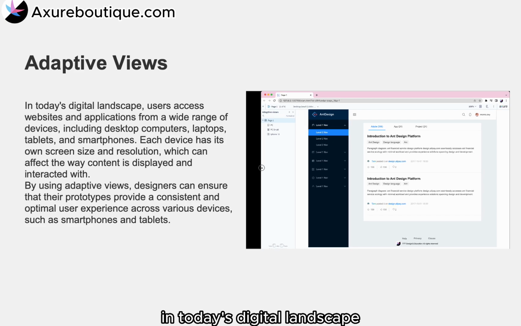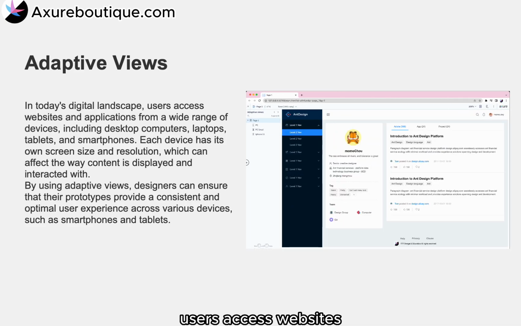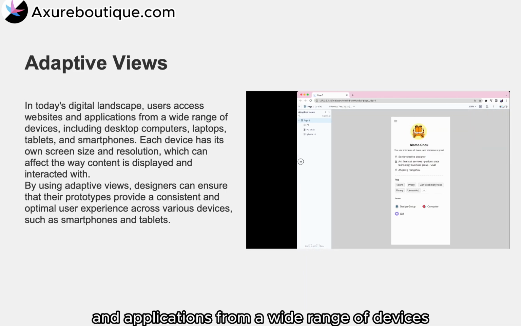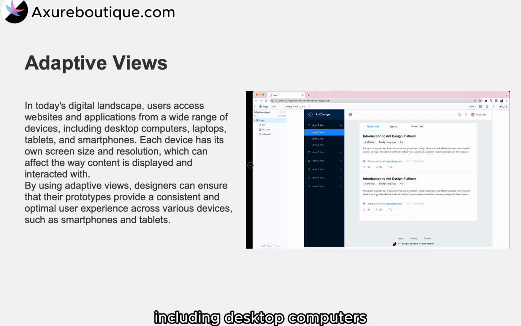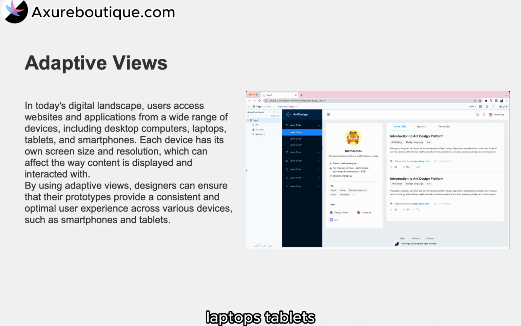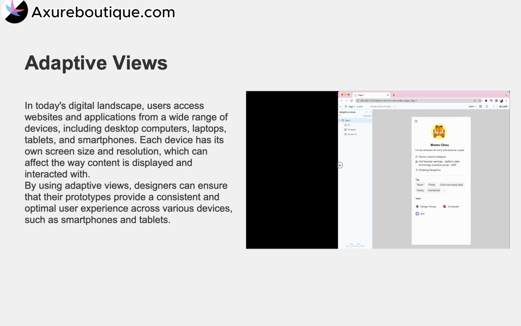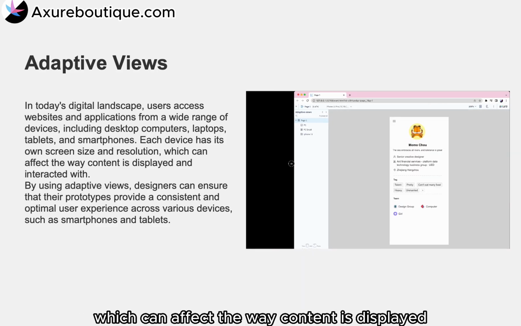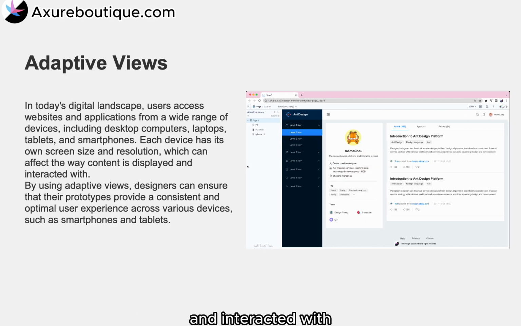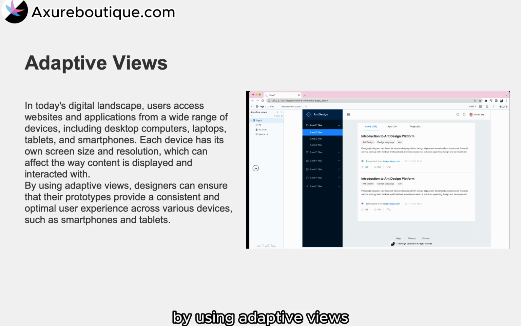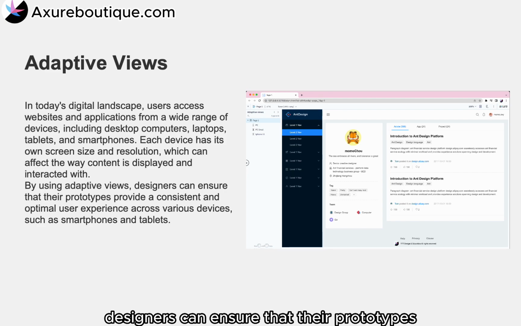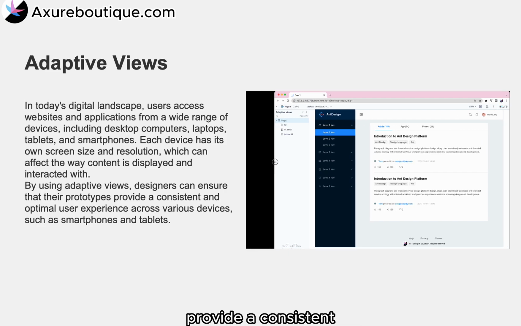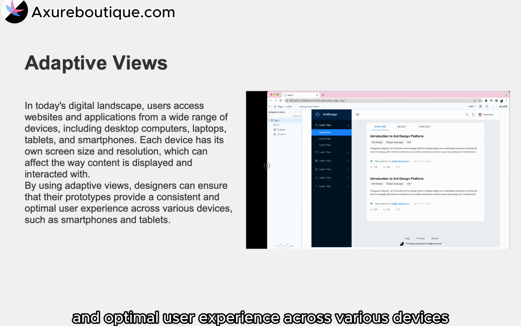In today's digital landscape, users access websites and applications from a wide range of devices, including desktop computers, laptops, tablets, and smartphones. Each device has its own screen size and resolution, which can affect the way content is displayed and interacted with. By using adaptive views, designers can ensure that their prototypes provide a consistent and optimal user experience across